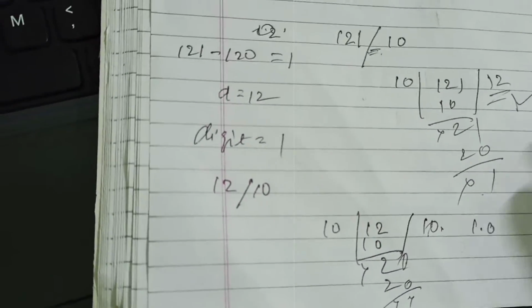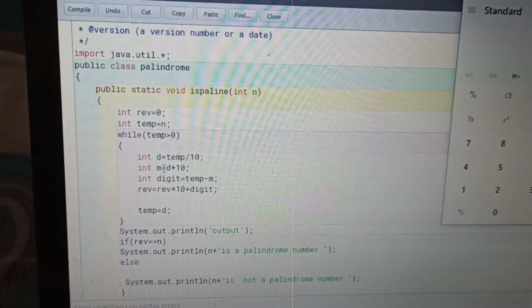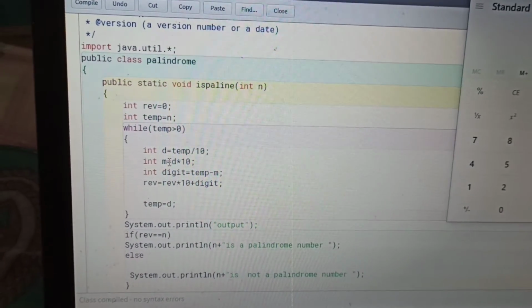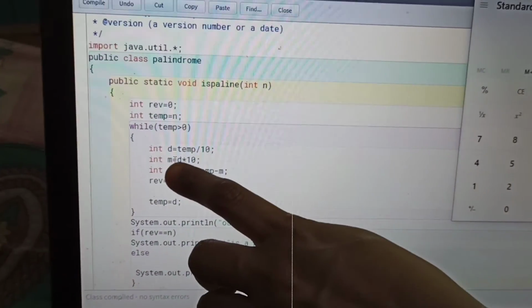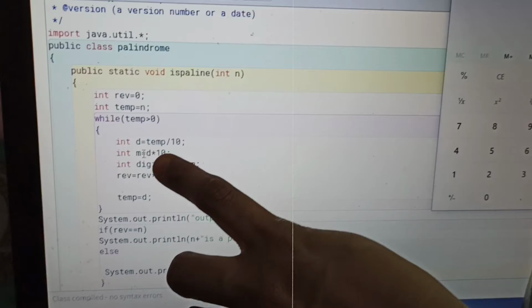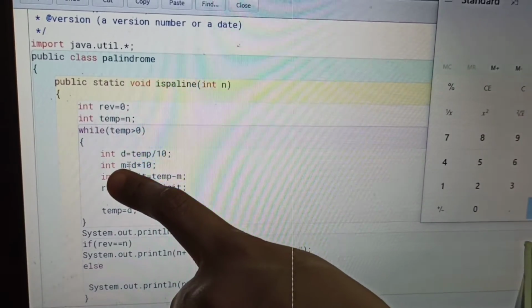So d equals 1, and d into 10, 1 into 10, means the m value is 10.